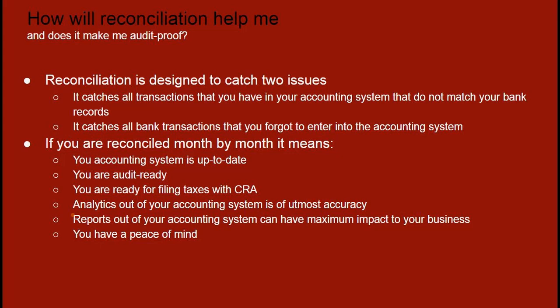But fundamentally, it's meant to catch a couple of issues. One, I think we spoke about this. It catches all the transactions that you have in your accounting system or in this bookkeeping system we spoke about that do not match your bank records. That's very important. So if suddenly you see $1,000 in your bookkeeping system and you don't see that in the bank, then an immediate educated guess is maybe there's 2 or 3 checks either in your pockets or in your wallet or in your drawers that you have not yet deposited, right? Because the bank has not yet seen it, and that's why it's not showing that.